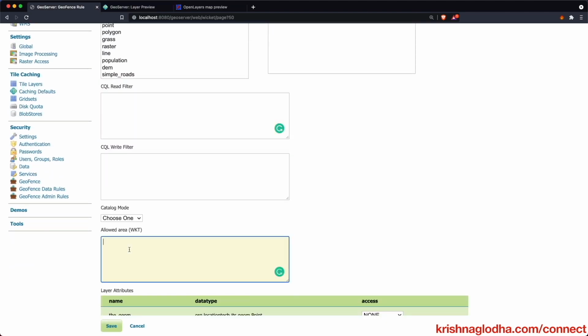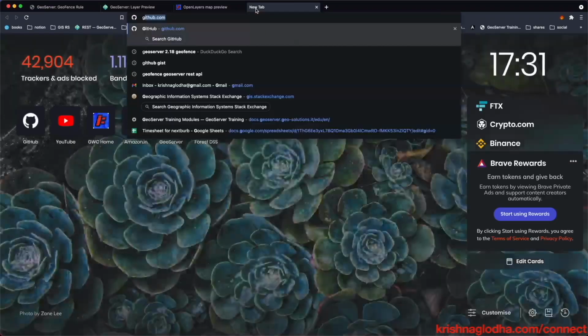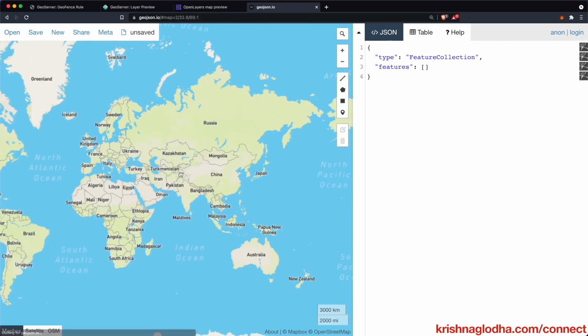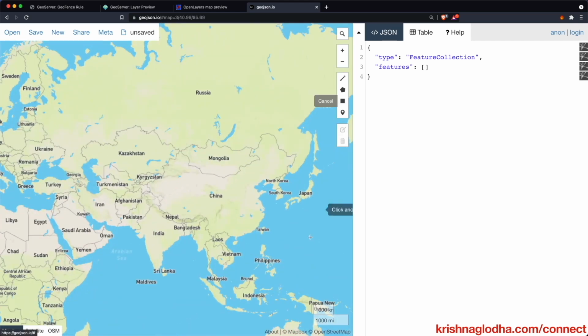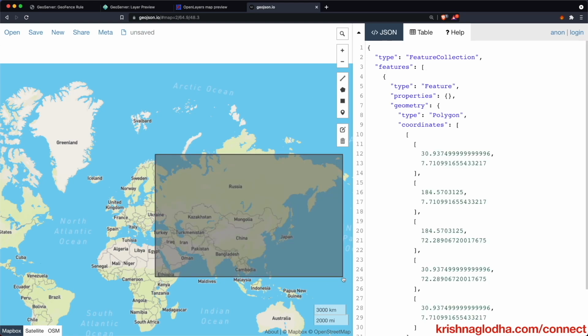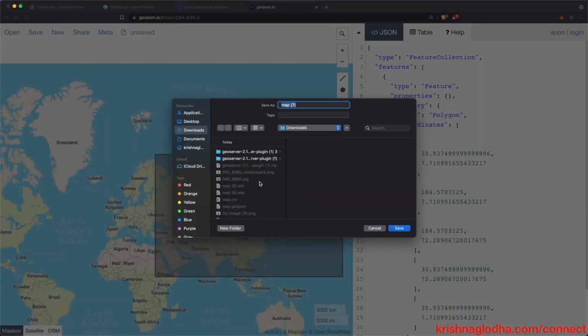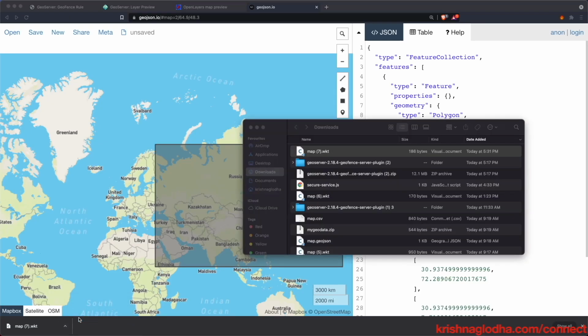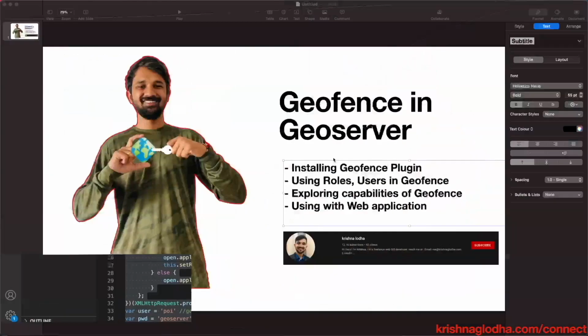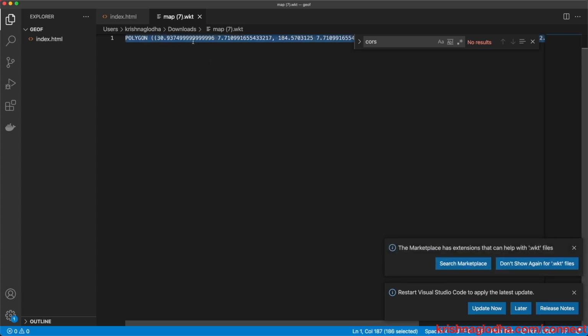So here we want to pass a polygon so that everything inside that polygon will be allowed. The way to do that is you can simply go to geojson.io and then I'm going to just roughly create the polygon. So let's say from here to here, and now I will save this as a WKT because we need the data as a WKT. The GeoFence rule always expects the data in a WKT format. So I will open this and I will copy this polygon,